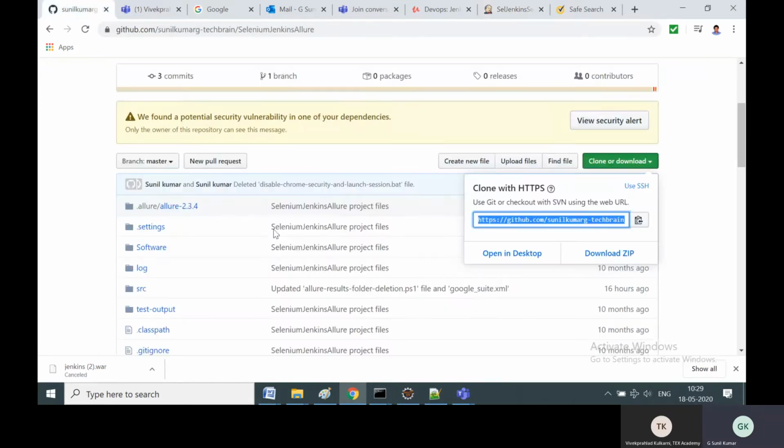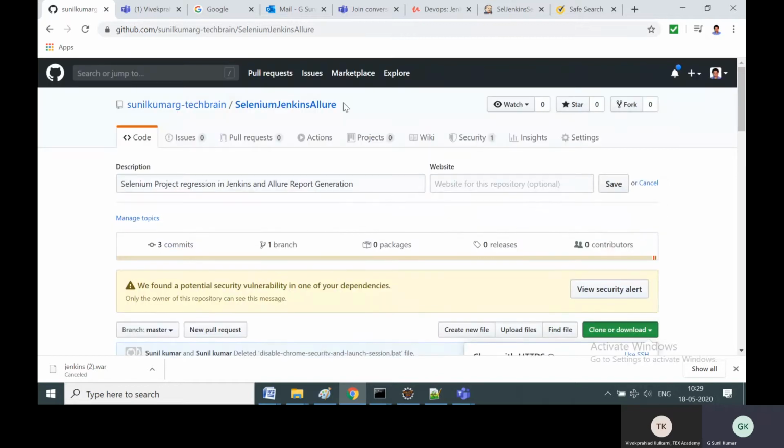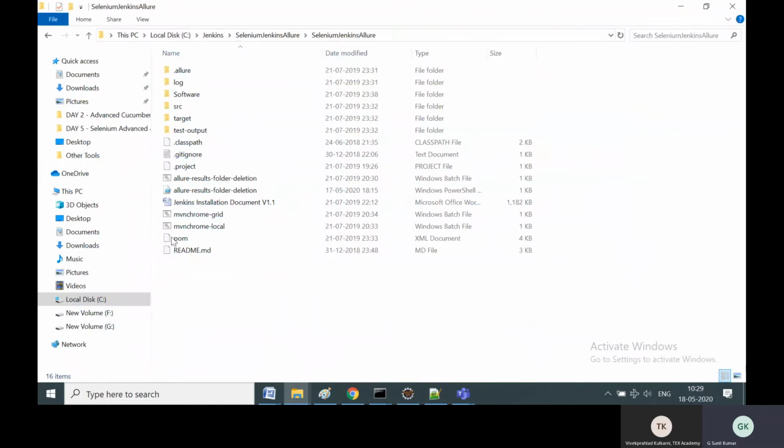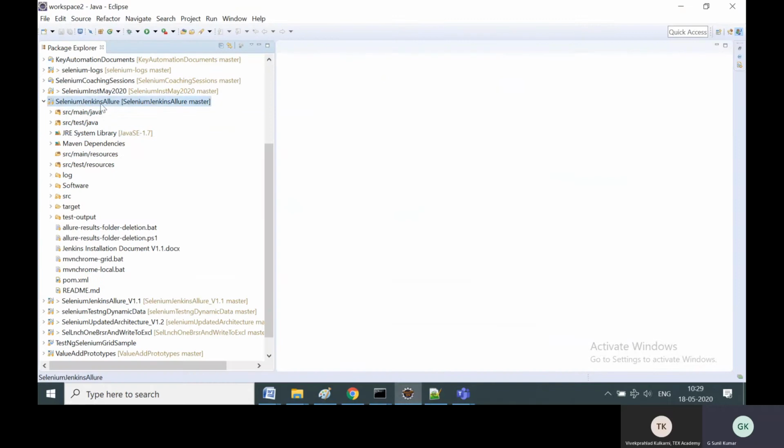I told you how to create a repository and upload the files to the repository. In the part 1 video, I have dealt with this creation of the repository and uploading files to the repository in detail. You can watch that video also, and then you can create this exact, ditto, repository Selenium Jenkins Allure and put the same files whatever I shared with you in your local. In local, I have shared this entire content. You'll be copying it to the repository which you have imported in Eclipse.